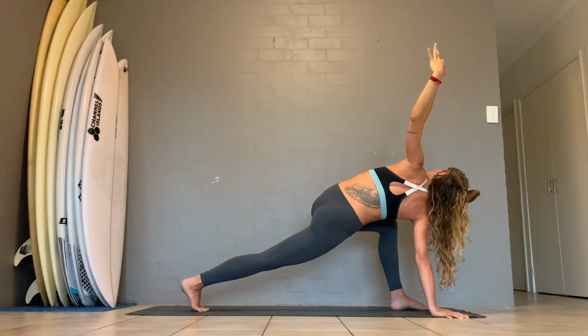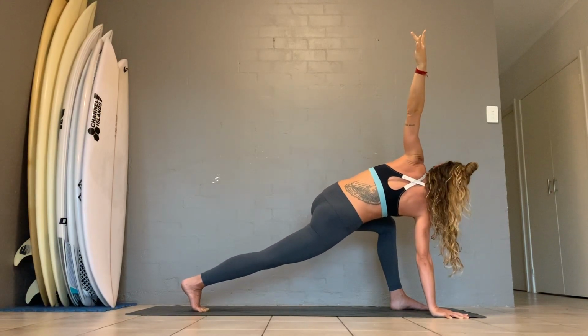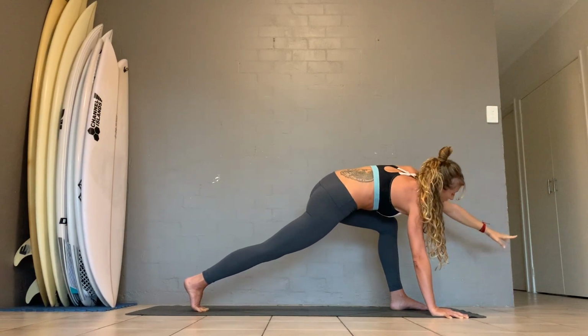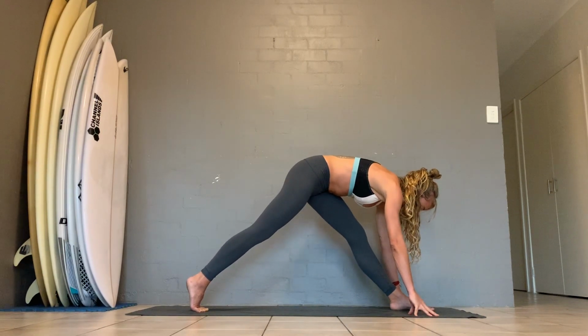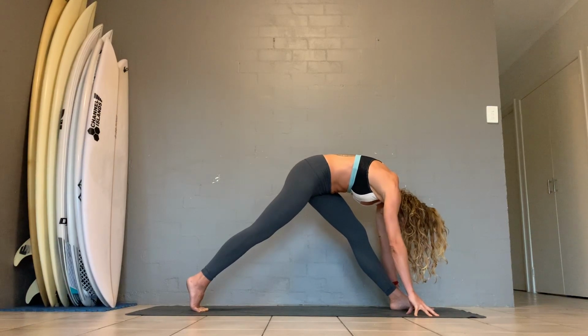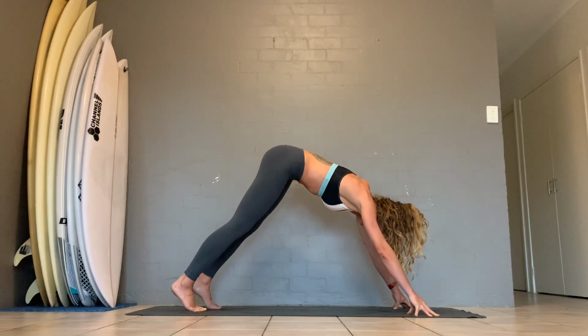Take an inhale breath to inflate your chest. And then exhale, look down, bring the left hand forward and then bring it all the way down into your yoga mat next to the left foot. Staying your fingertips straight on the left leg, look down towards the right big toe. Round the upper back, push the fingertips down onto the floor, pick the left foot, bring it back,